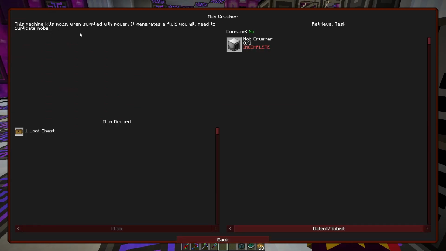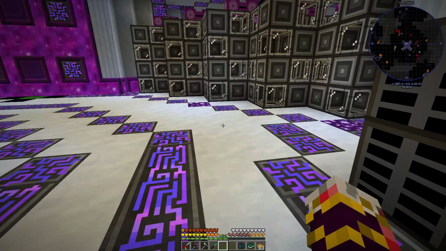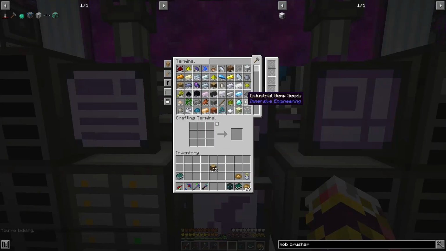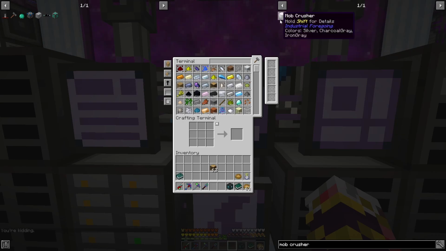This machine kills mobs when supplied with power, generates a fluid you'll need to duplicate mobs. Oh! Gotcha. So we still need a mob farm. Basically, this just simplifies the process. I think we're just gonna go hijack our end mob farm and then just have it kill Endermen, because like